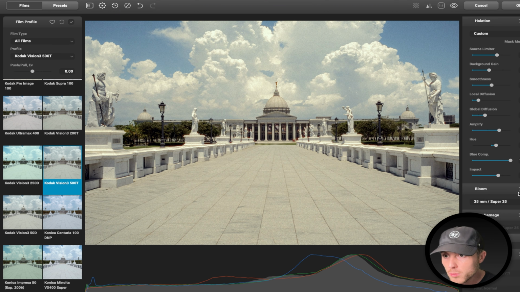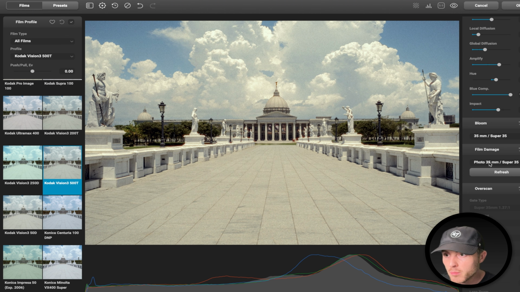Now let's work on the bloom. Just see, what does that look like with that on and off? Oh, that looks really nice actually. Let's see, 35 mil. Maybe some film damage. And this is actually really unique too, because you can refresh it if you're not really a huge fan of how it looks. I mean, if we go to the 8mm, it'll be obviously more apparent to try and mimic that. 35mm, I mean, you can see a little bit in here. It's nothing too major,